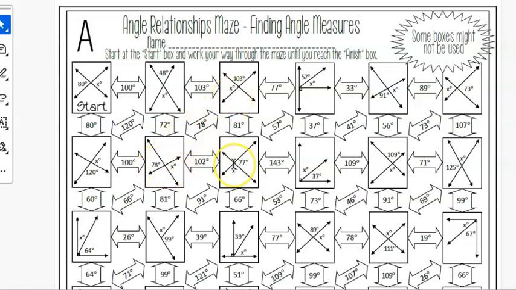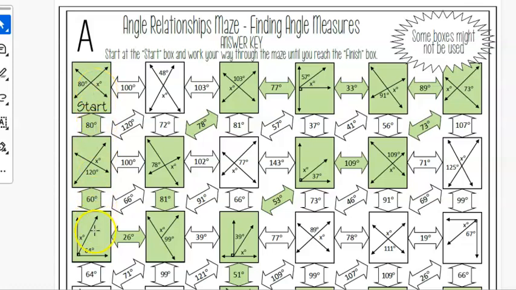And so I really like this. This came with two versions. And as a teacher, this is really easy to grade with this answer key. You can have the students mark their path, and you can see very easily if they've done it correctly. There's another version. So there's version B, and there's version B's answer key. So especially in the higher grades, it's always good to have multiple versions of an assignment. And so this would be something that I think would be a really good activity to cover vertical angles, supplementary,